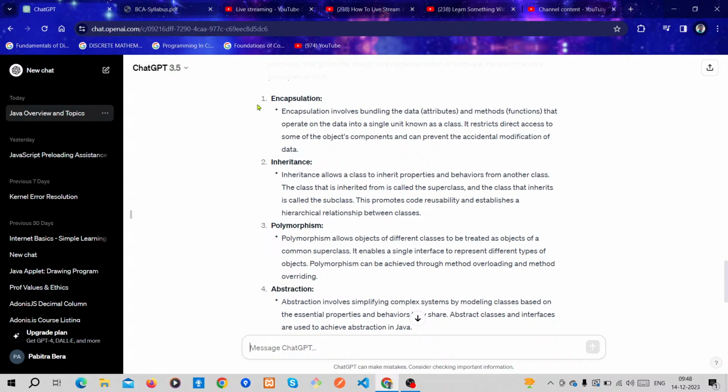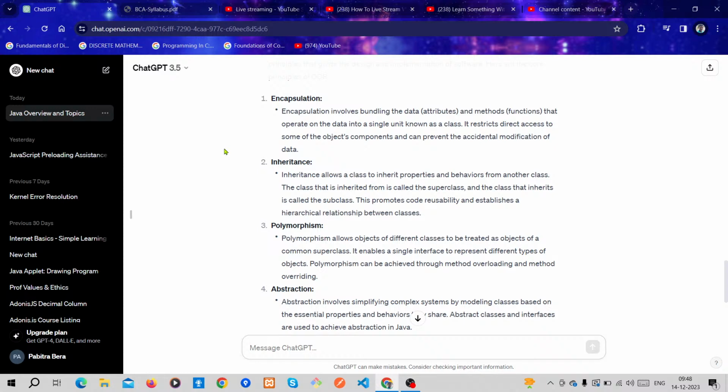First of all, let's discuss encapsulation. Encapsulation involves bundling the data, meaning attributes, and the methods, meaning functions, that operate on the data into a single unit known as a class.